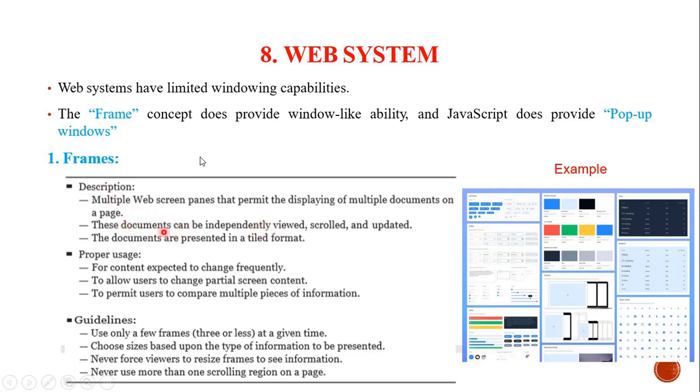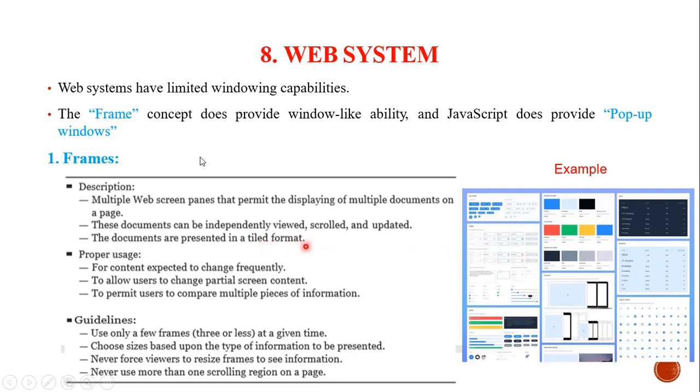How this can be viewed is the documents can be independently viewed. They can be scrolled and also updated. So your websites or web frames can be viewed, there will be a scrolling button to scroll the web screens, and you can also update the web screens. The documents are presented in a tiled format.